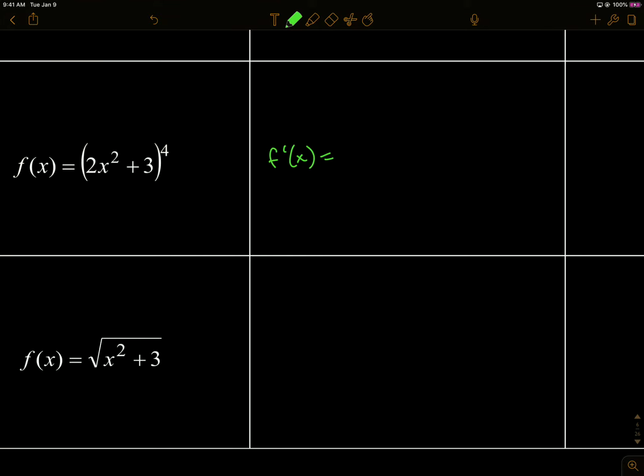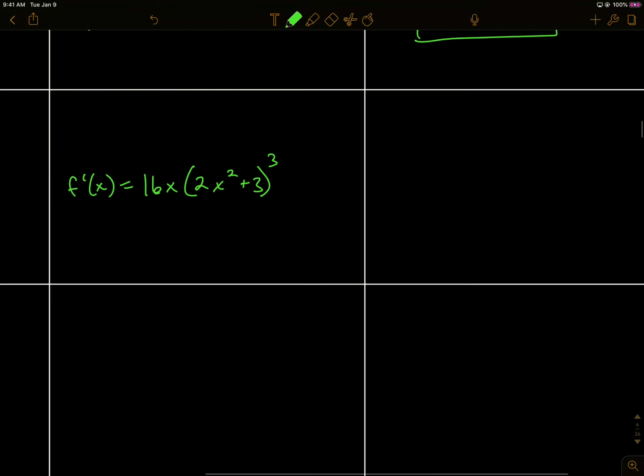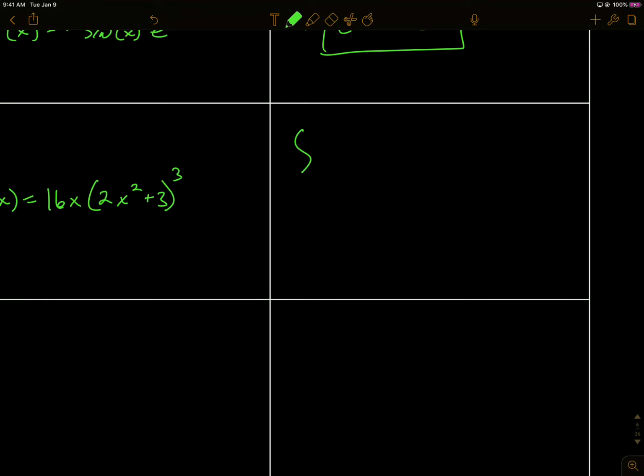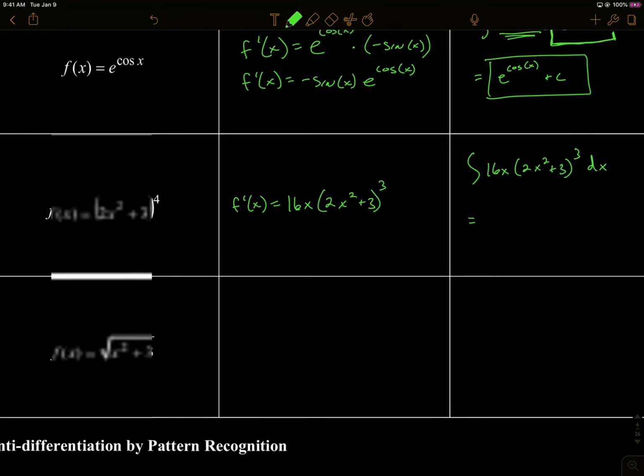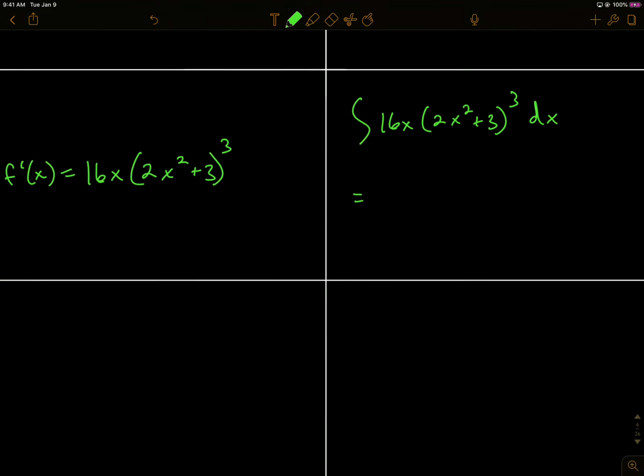Okay, welcome back. You've got 16x times 2x squared plus 3 to the third. All right, so now if we integrate that, we know the integral of the derivative will just be back to where we were. So that's going to be equal to our original, which was 2x squared plus 3 to the fourth